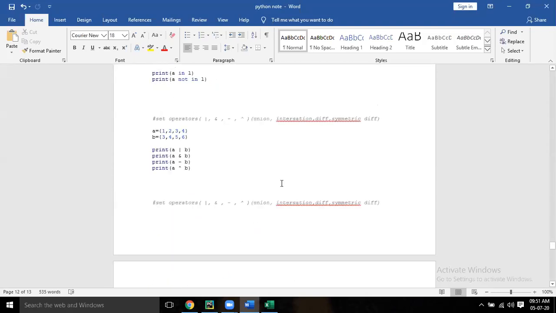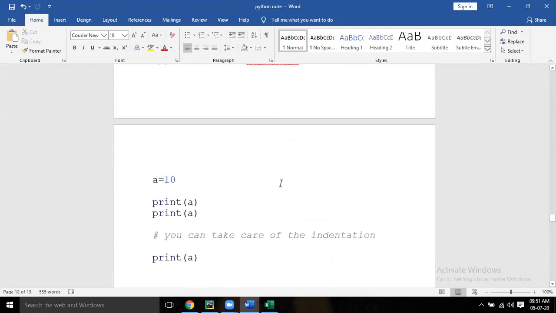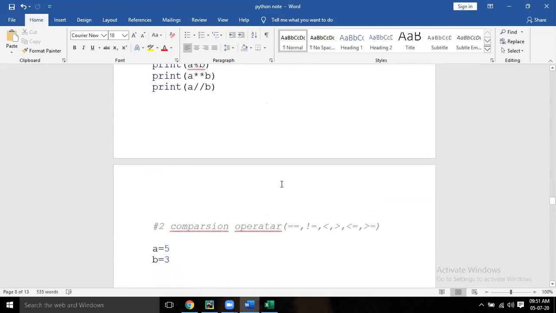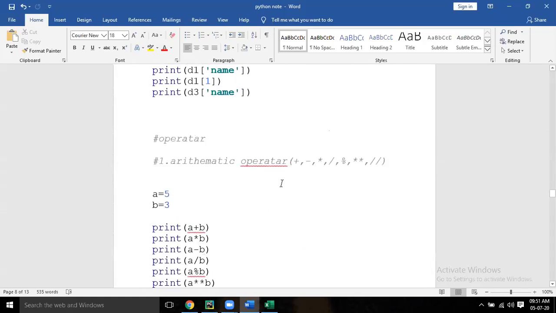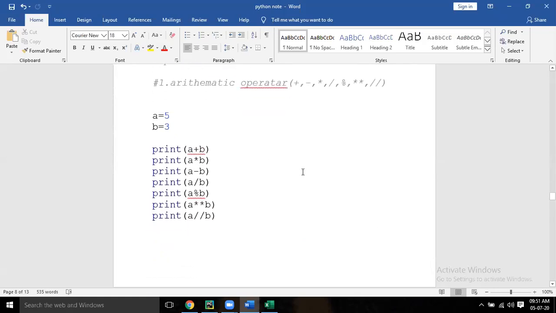Yes. In arithmetic, which operator? Plus, minus, into, division, percentage, whatever. Which one? Division will give the quotient. Which gives the remainder? Modulus.